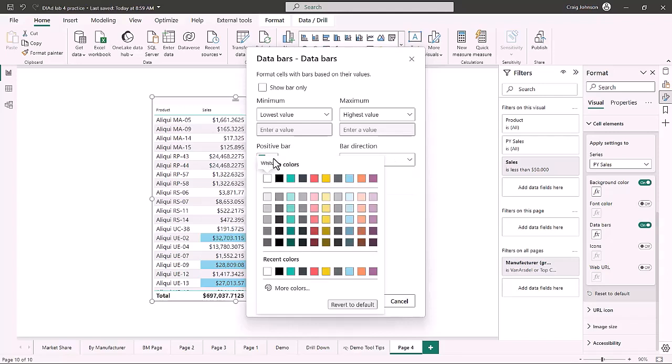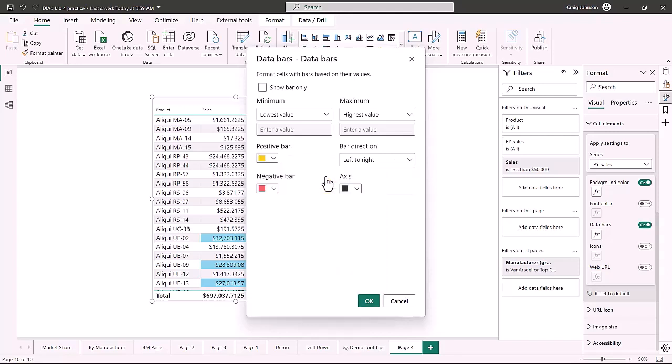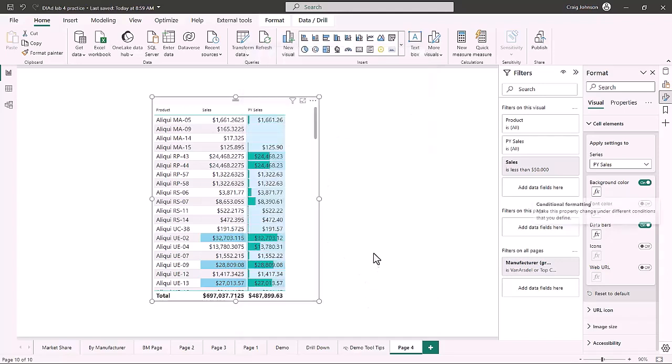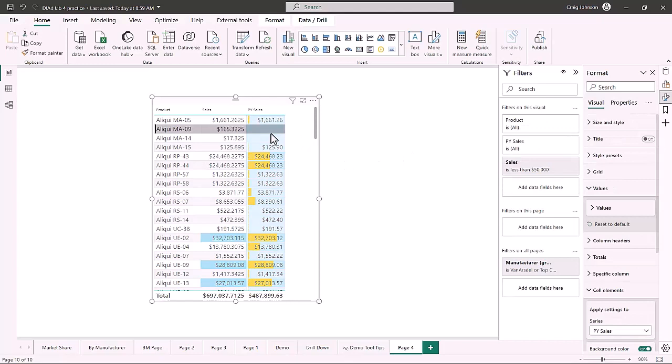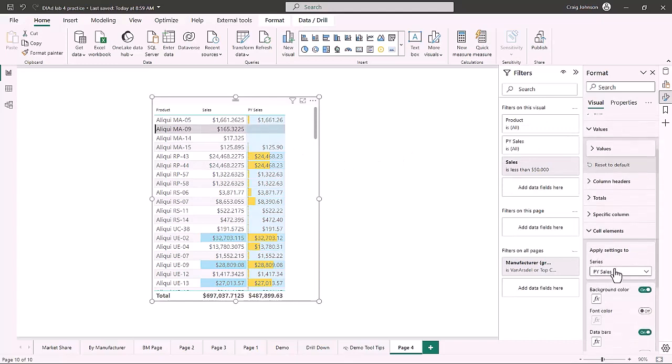So if we want a positive bar to be a gold color, we could do that and change that on the prior year sales. We could go back to the cell elements, and we could go to the sales,